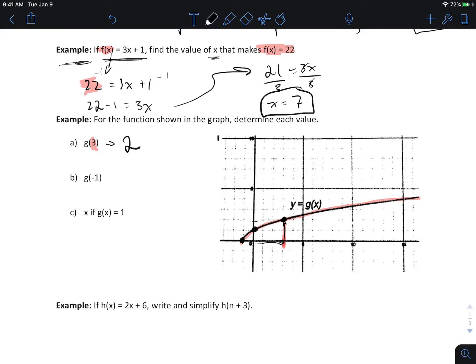So when x equals 3 on the g function, I mean, the other thing about function notation is I can draw multiple functions or multiple graphs on the same axes and label them different things. So I could say f of x and g of x and like k of x. I could label them all different things, and I could ask you for g of 3 or k of 3,